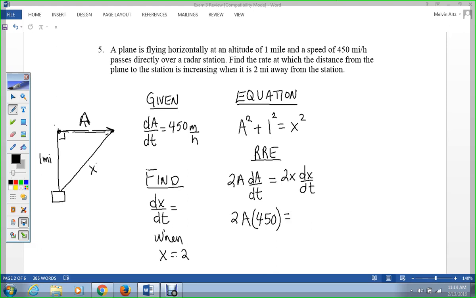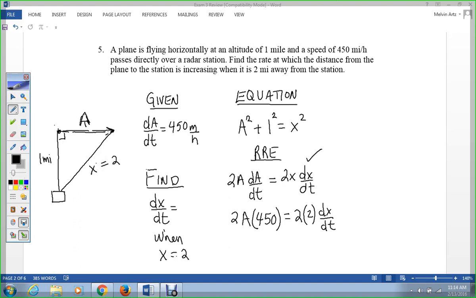Okay, then we have 2 times x. Now at the instant we're looking for dx dt, x equals 2. So we can plug in 2 at this point for x, because we want to find dx dt when x equals 2. Now we're missing A. Well, let's look back at the diagram, and we see that we have the triangle